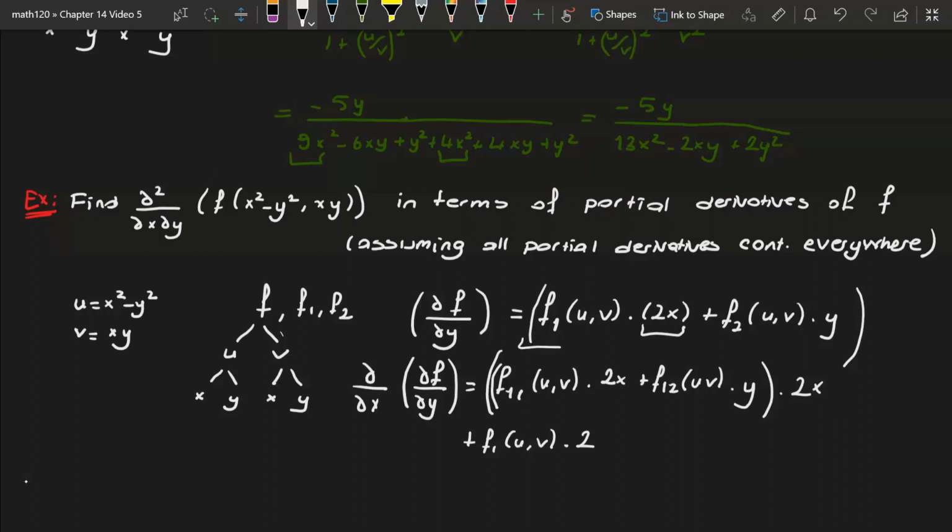Okay, so we got the derivative of the first summation with respect to x, plus